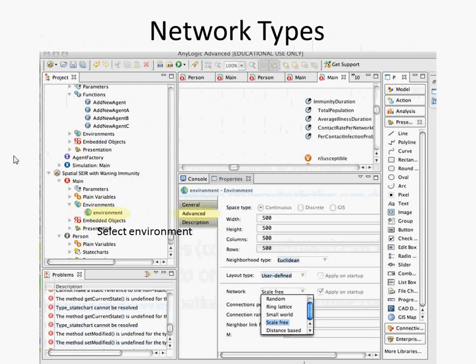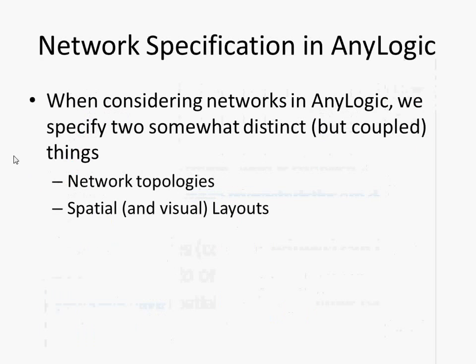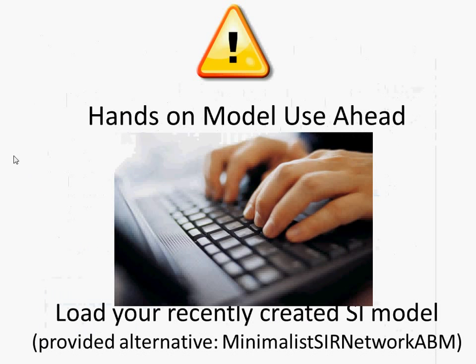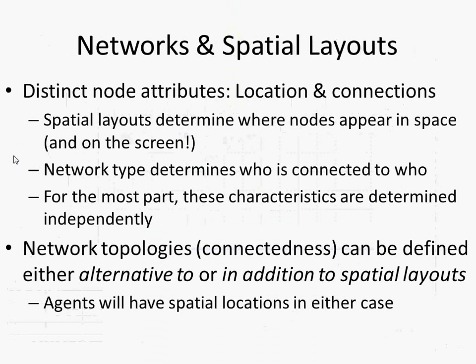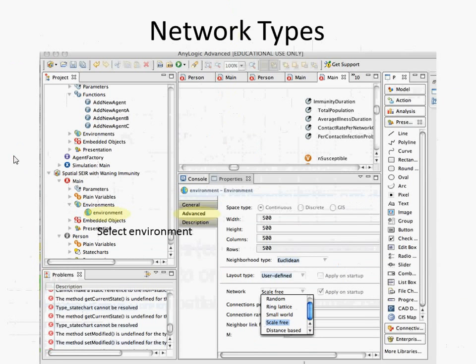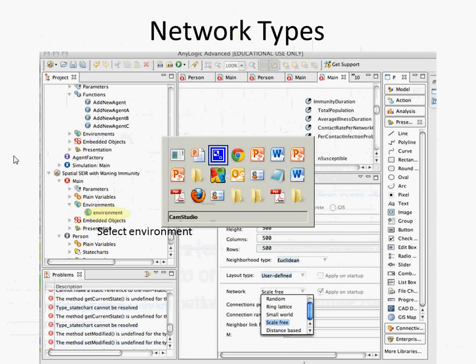So, let's go. I asked people if you could call up the model we've been building up, to which we added infection transmission or contagion of one sort or another last time. If you are having difficulties with that model, or if you prefer to start from a clean model, you could alternatively open up the example model I provided for the class called Minimalist SIR Network ABM. Slight differences between the two, but either will be fine for our discussion today. So I'd like you, within that model,